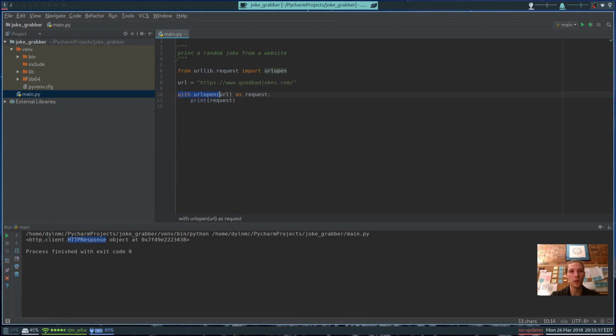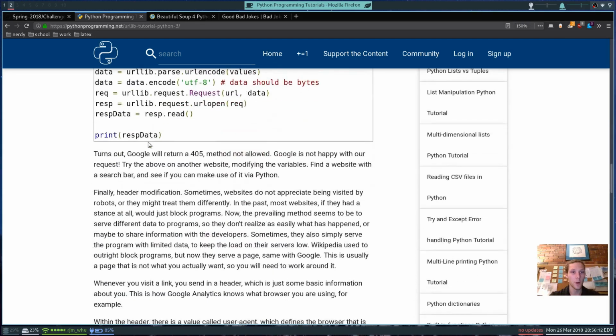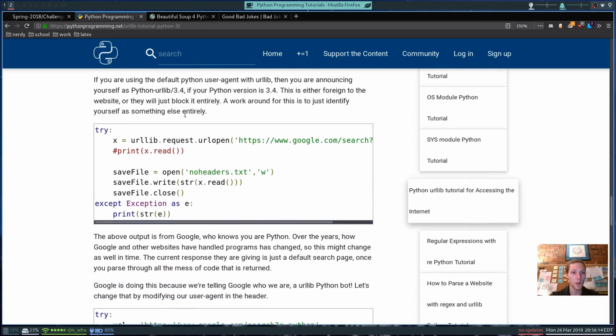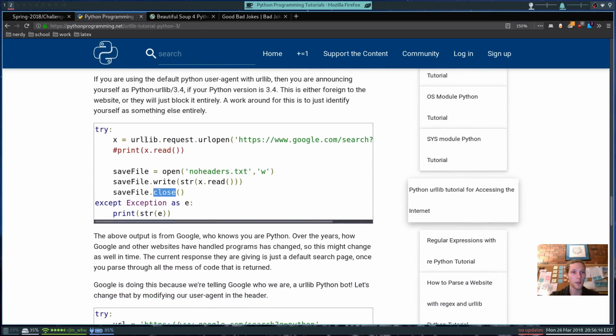So this is what you should use once again with a request. You should use with URL open, URL as request, and then it's going to store the result of this function into request, with the added benefit that when we actually exit out of this with block, it actually closes the request. So instead of having to do request.close, which I don't even know if they do it, yeah, something like this. In this case, it's a file. So you could